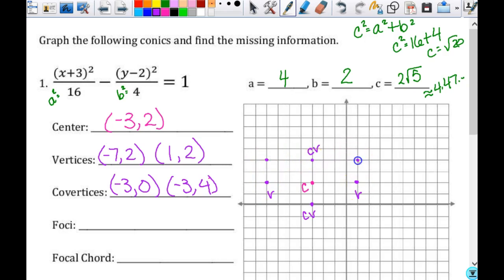Covertex, vertex, you just find the corners of your rectangle. And then you know where to draw in your asymptotes, right? So I would suggest using a straight edge like your ID badge or maybe a ruler if there's one on your table. I'm going to try and do a dotted line without a straight edge, which is probably a bad idea, but